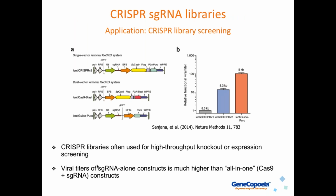And another prominent example, which I'm going to go into a little more detail, is CRISPR library screening. I haven't talked about CRISPR much yet, but one of the things that people are doing with CRISPR nowadays is to screen CRISPR libraries for either gene knockouts or overexpression. There are a number of ways of doing this, but Safe Harbor transgenesis can be important for CRISPR library screening because these libraries often use lentiviral clones